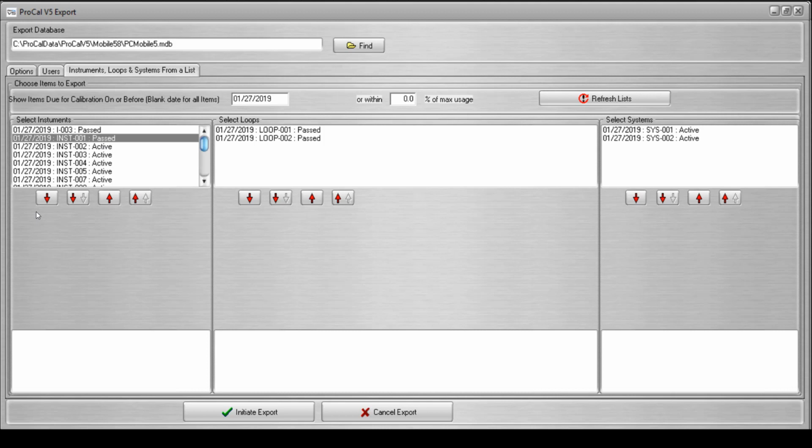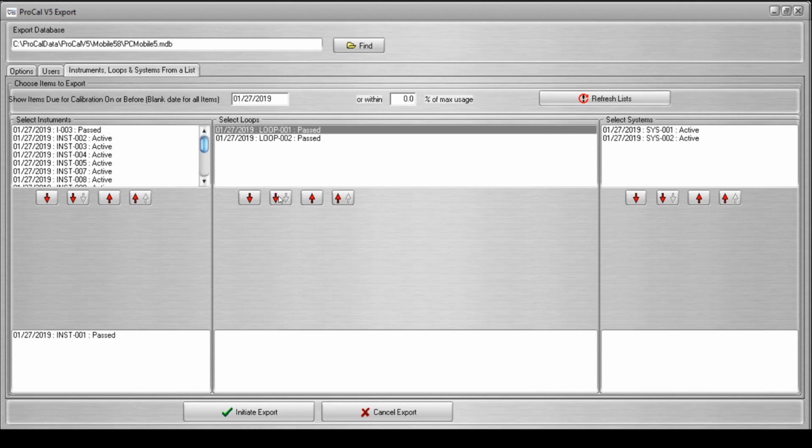Enter the desired date or clear the date field and click the Refresh List button to update the list of items available for the section. In addition, there are 3 sections, 1 for instruments, 1 for loops, and 1 for systems. You may select 1 or more items to be moved from the boxes above to the boxes below using the